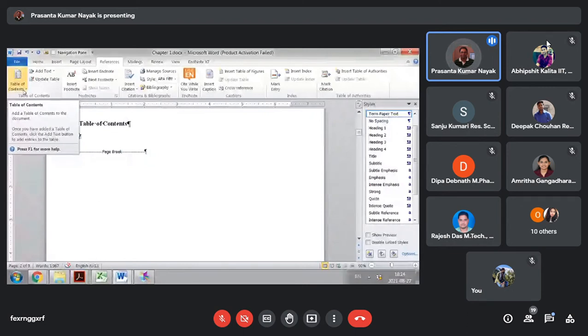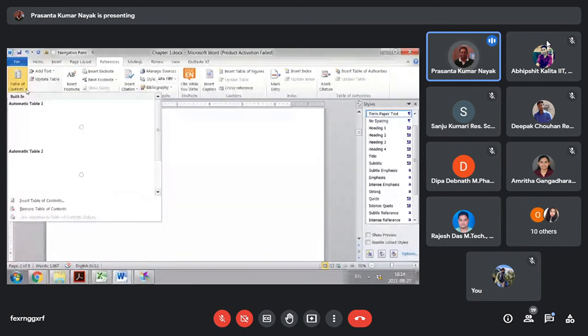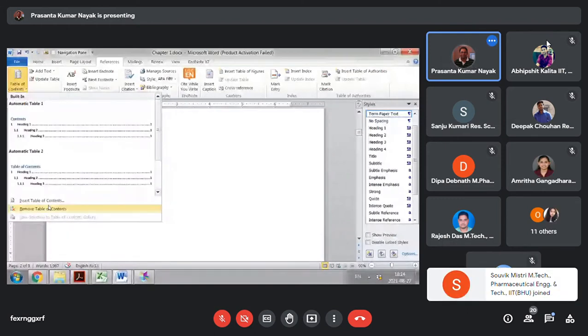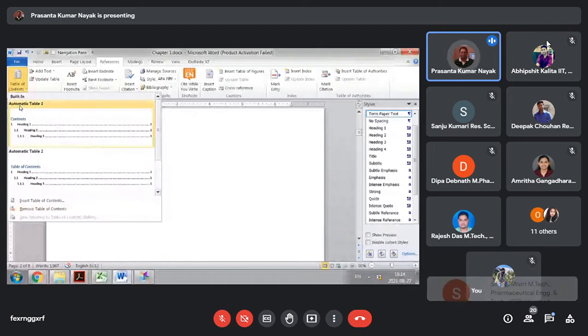Click the drop-down triangle beside the table of contents and you'll get a lot of options. You can choose built-in Automatic Table 1 or Automatic Table 2, but I want to insert my own table of contents without choosing these built-in ones.